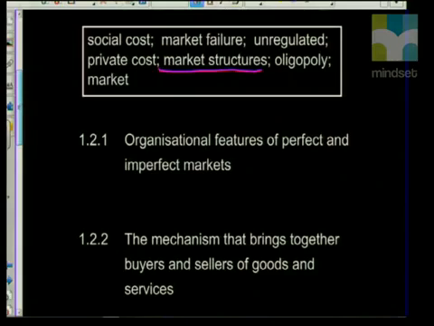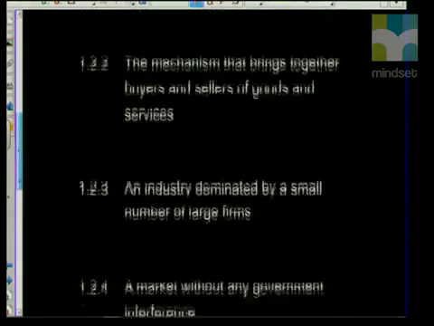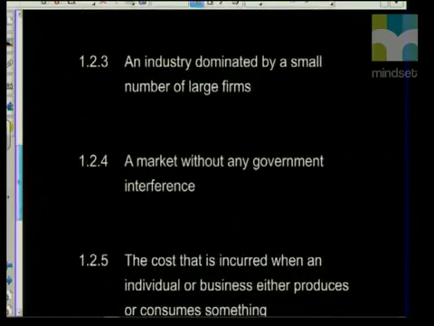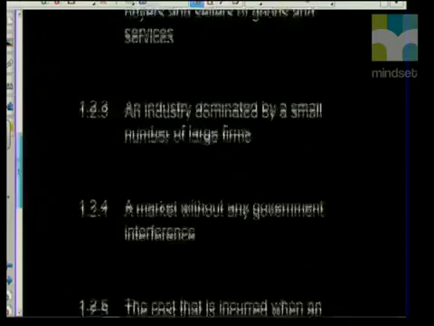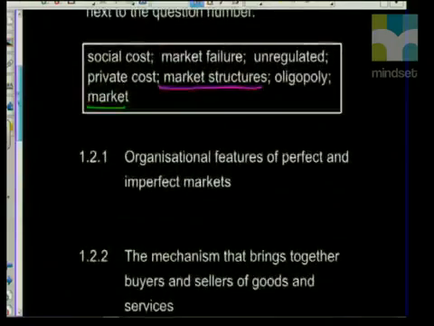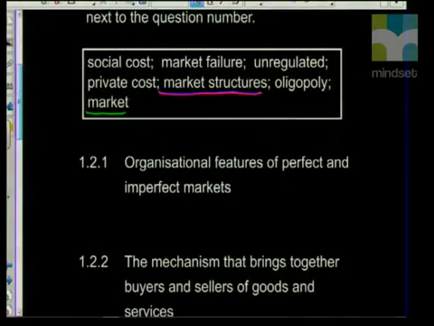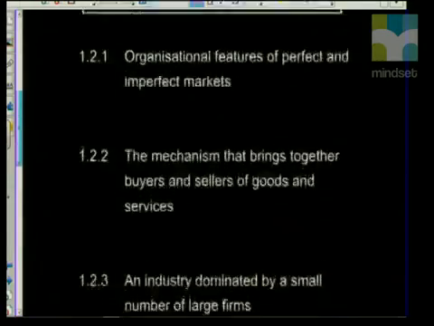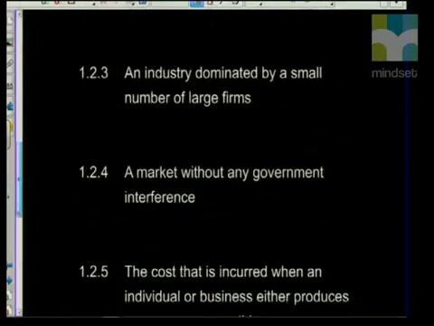The answer here is a market. 1.2.3, an industry dominated by a small number of large firms. Back to the options, the oligopoly will be the correct answer. 1.2.4,